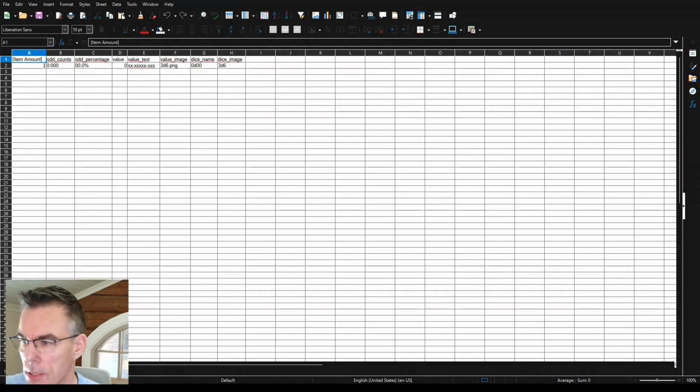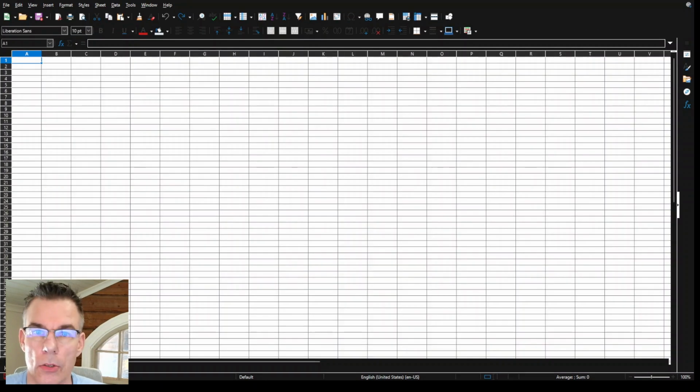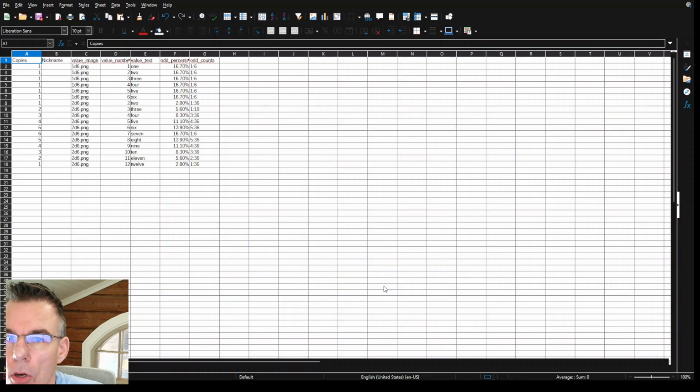But to make things more interesting, I'm gonna take a little bit different approach. I'm gonna use the same information that I had in my Dextros files. It's important that you take care what format your data is. For example, these odds 1 to 6 and so on would be easily transformed as timestamps. So I need to say that this is text when I import data from other places.